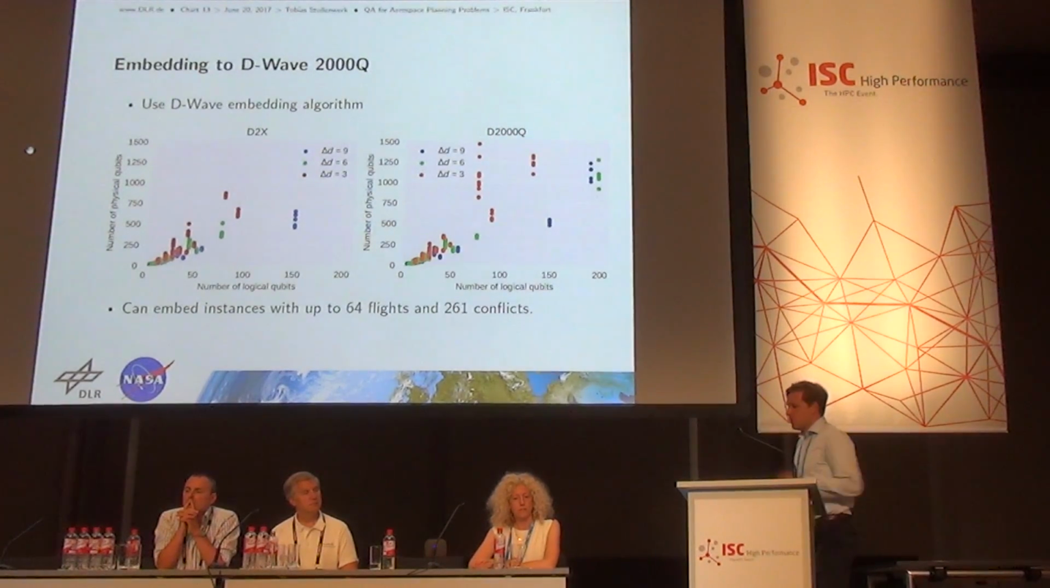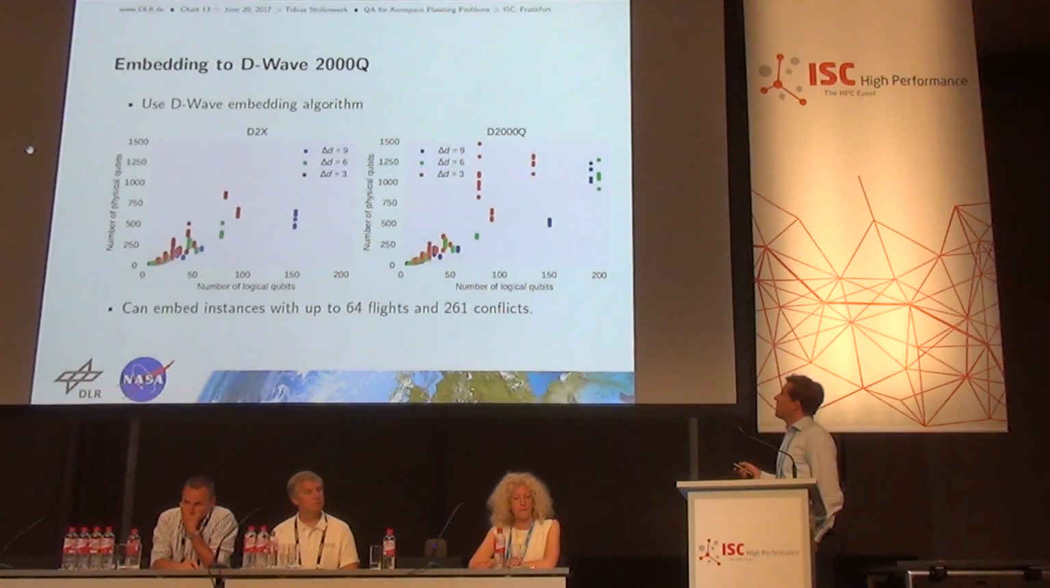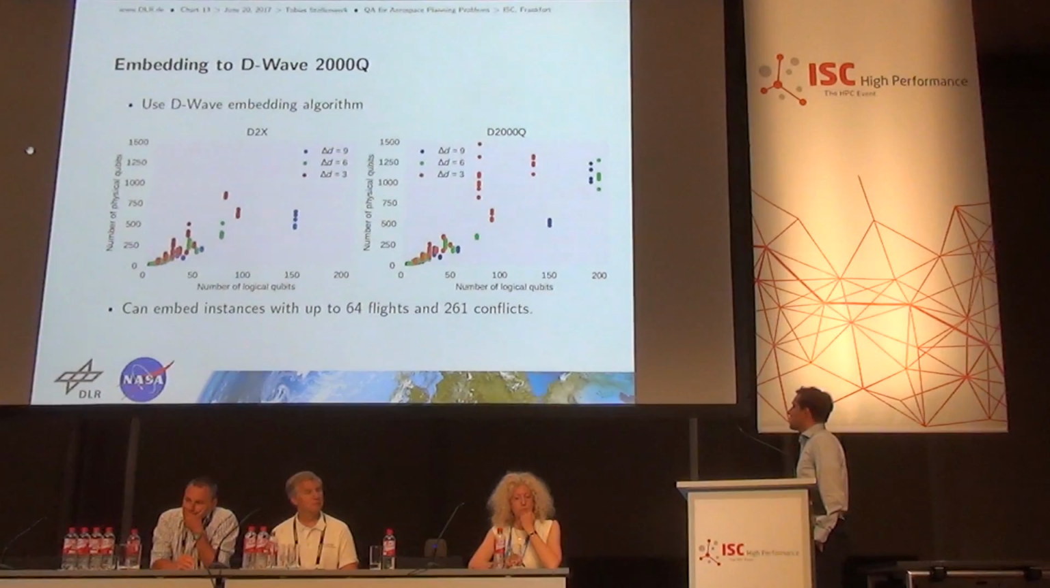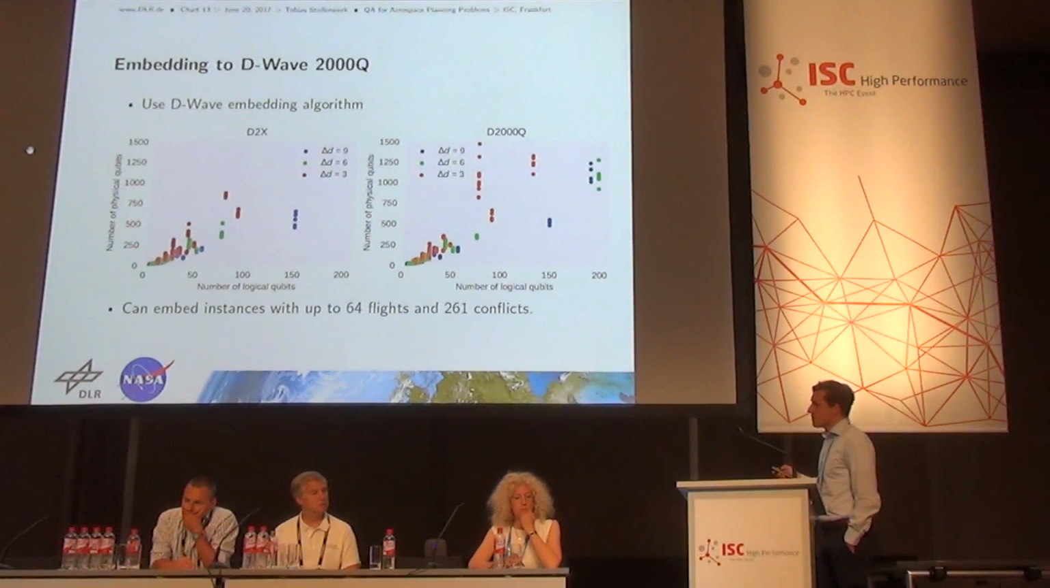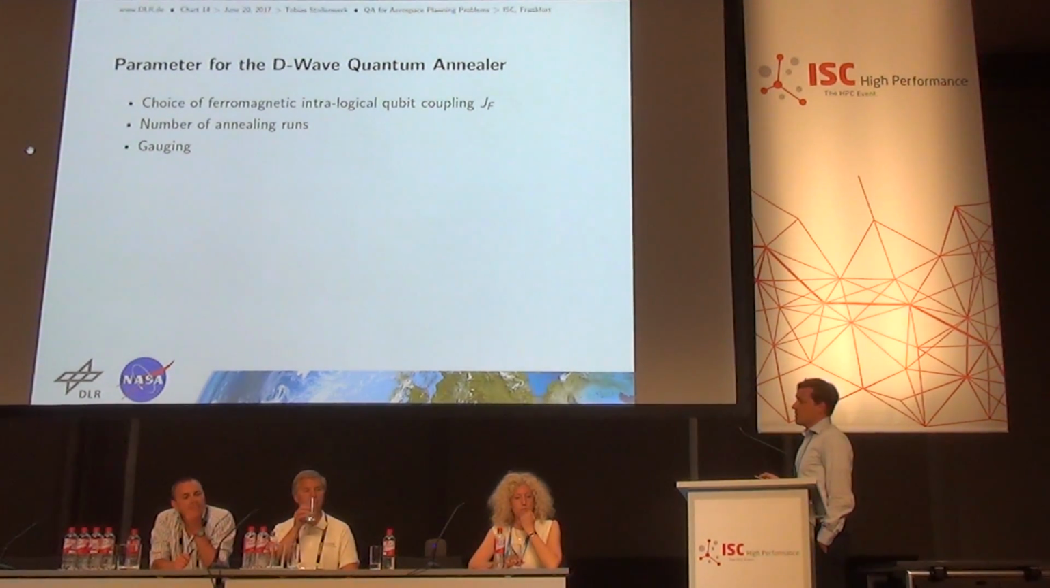So, and then we come to the quantum annealing. We embedded these problems into two of the D-Wave machines, the D-Wave 2X and the D-Wave 2000Q, and we could embed instances with up to 64 flights and 261 conflicts. I will skip over this due to the time. So, and then if we embed the problem onto this chimera graph, we can solve it, and there are some